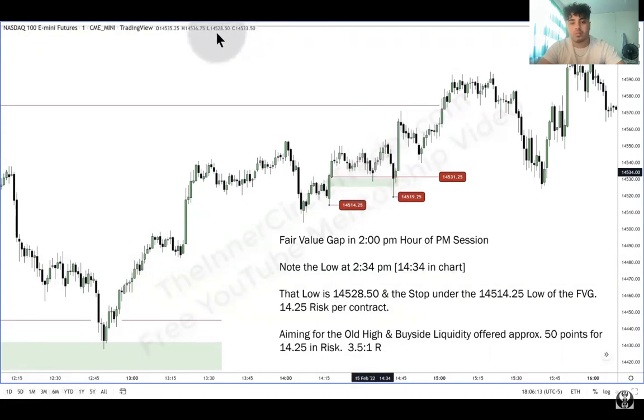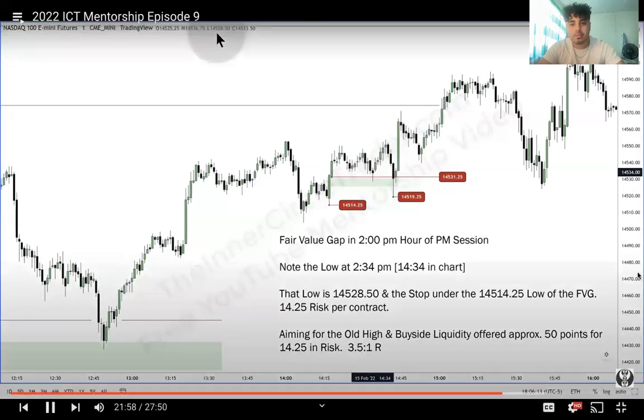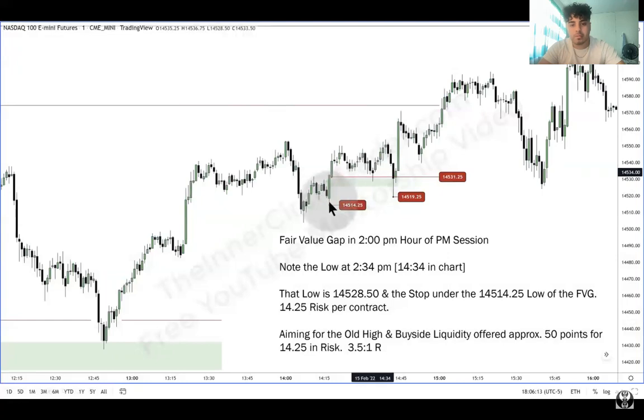So you can see the low is 14,528.5. So you could be a buyer on a limit at 14,528.25, or maybe if you want to try to reach for the 28 even number. Either way, that's a nice place to put a limit order in. The short-term low down here, after the fair value gap forms, that's where your stop loss is. That's the rules. So you have an entry point, your stop, and between the two of them, it works out to be,